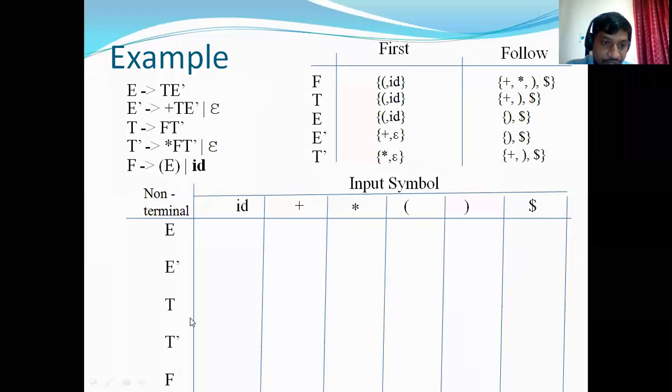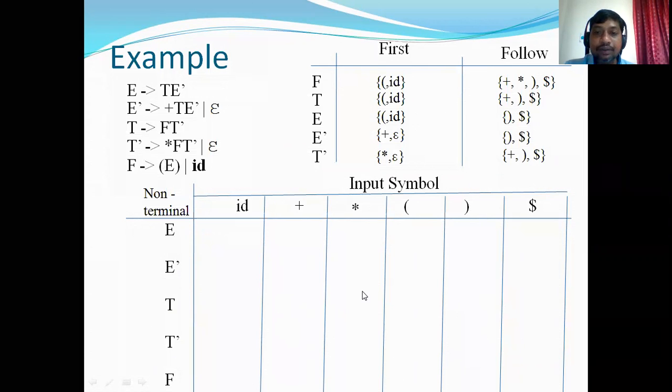Here we have F. The first set of F contains open parenthesis and ID. So the entry corresponding to F with open parenthesis is this rule: F derives open parenthesis E close parenthesis. Why? Because from this rule only we are getting this first symbol.